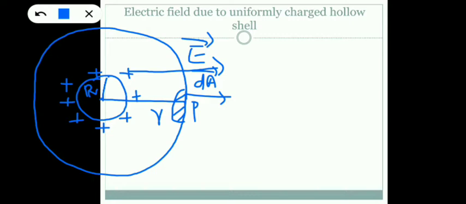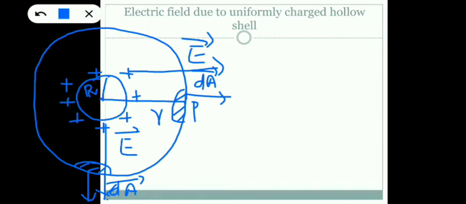So if we want to confirm, just confirm here. So consider an area element on the Gaussian surface like this. What is the direction of area vector? This will be the direction of area vector, perpendicular to that area element. And what will be the direction of electric field? Yes, here we have positive charge and the direction of electric field will be acting along this way, perpendicularly outward. So again, electric field and area vector act along the same direction. So the angle between them is 0. Now we can apply our Gauss's law.